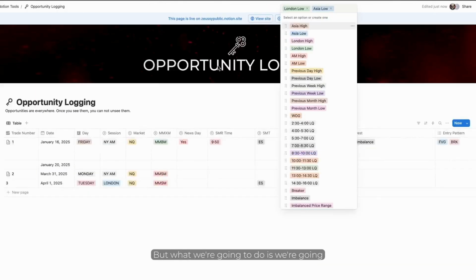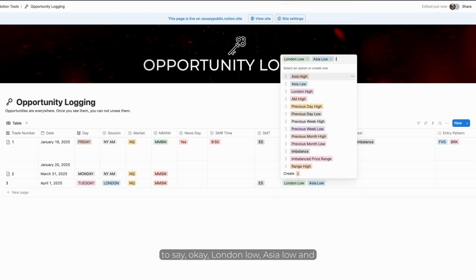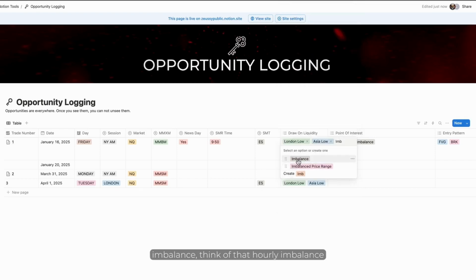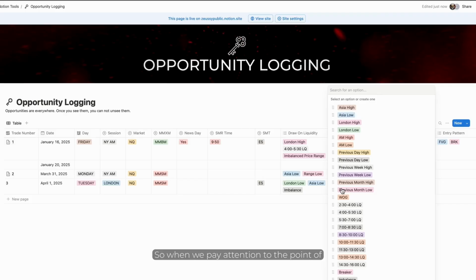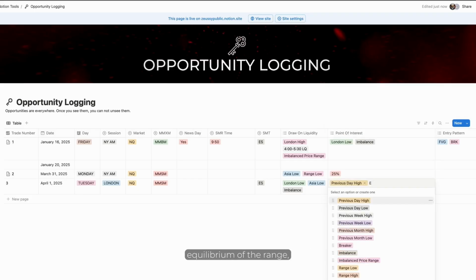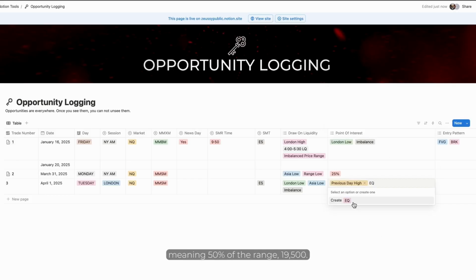But what we're going to do is we're going to say, okay, London low, Asia low, and imbalance. Think of that RE imbalance. All right, so when we pay attention to the point of interest, then the point of interest in this example was the following. First of all, it was the previous day high, as we had mentioned. And next to that, it was equilibrium of the range, meaning 50% of the range,